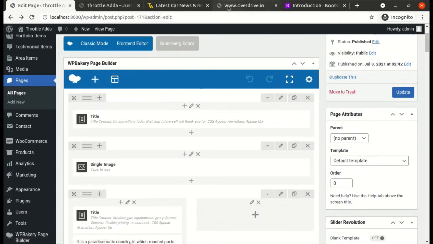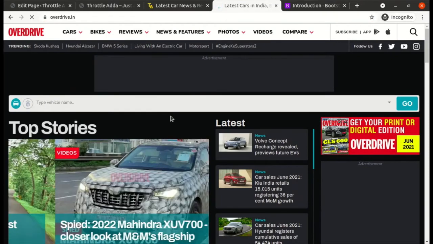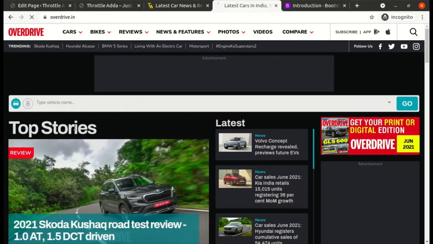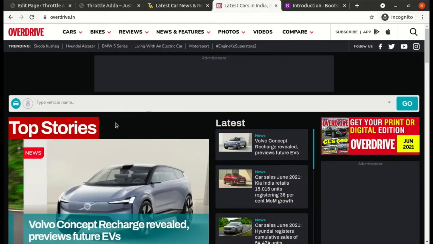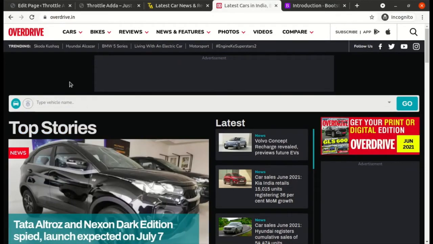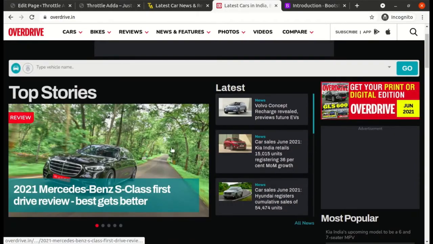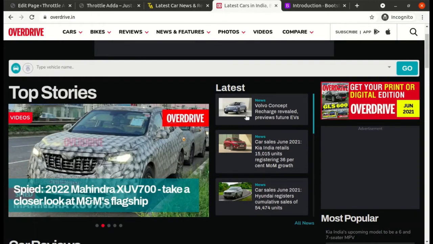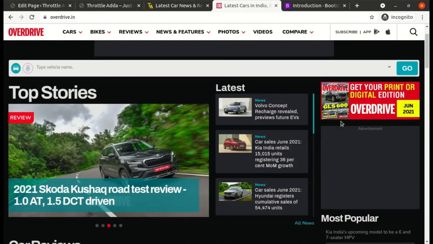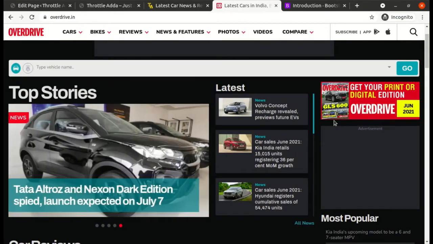Okay, so what we are looking at is creating, alright. Okay, so we will start creating sections from the top stories section. We do not need a search bar right now, maybe we'll add it later, but we'll start creating the section from top stories. So here we see there is a gallery, image gallery. We see there is a scrollable latest news section, and on the right hand side they have kept it for advertisements. So let's go ahead and quickly create these sections.